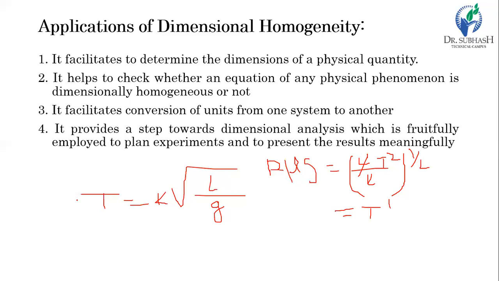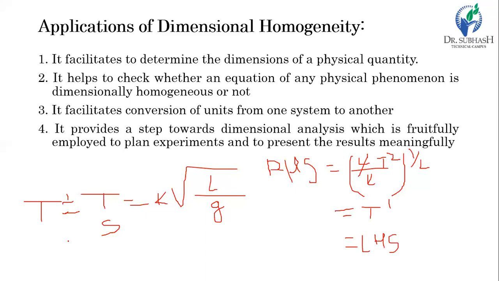We'll say that is what is about the left hand side. The left hand side here is the time period, and time period t has a unit of dimension s. It is always measured in terms of second or minute or hour. So again, it has a fundamental dimension of time, and only one. So we can denote it as T^1. So here LHS equals T^1, equal to RHS equals T^1.